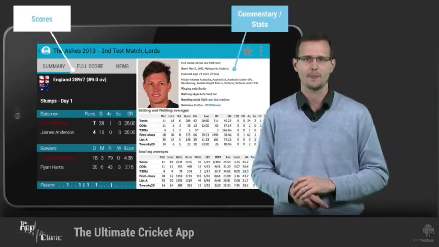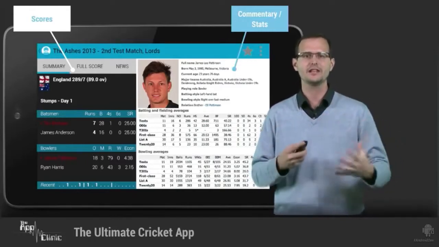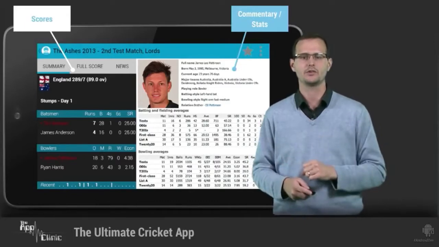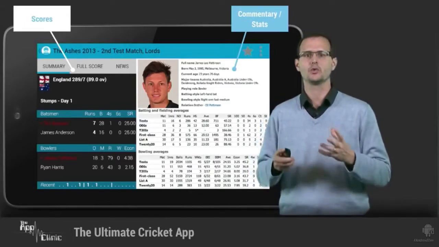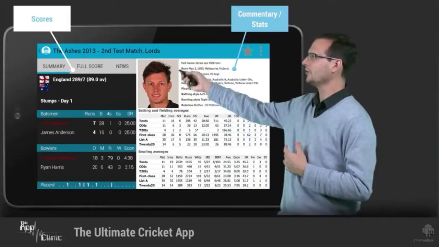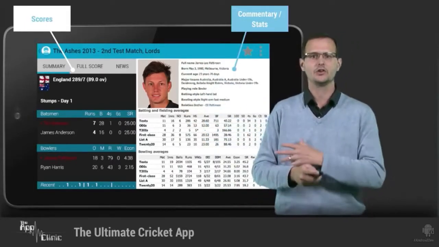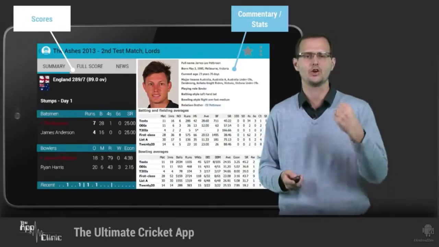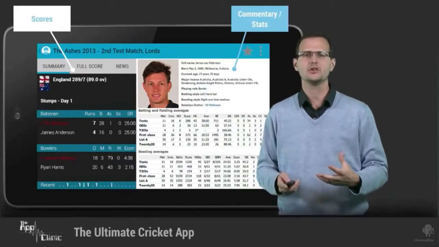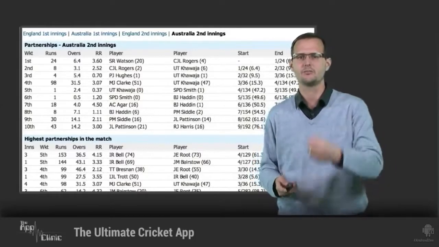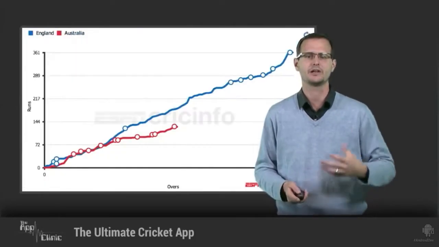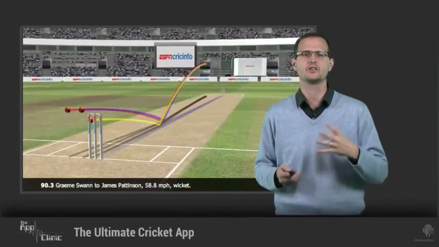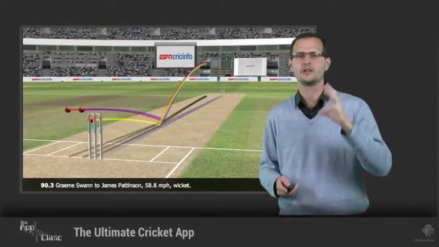into those stats. Now, in this tablet mock-up, I've tried to give an idea of the sort of space you've got available when optimizing for tablets. Now, to me, it seems obvious that you're going to want to drop the summary and other list views over here on the left-hand side, and then you've got almost 2/3 of the remaining display space as prime real estate to do things like commentary, player stats, not to mention even more detailed things like match statistics, player versus player breakdowns, a multitude of graphs, and of course even the possibility of adding things like Hawkeye directly within the tablet